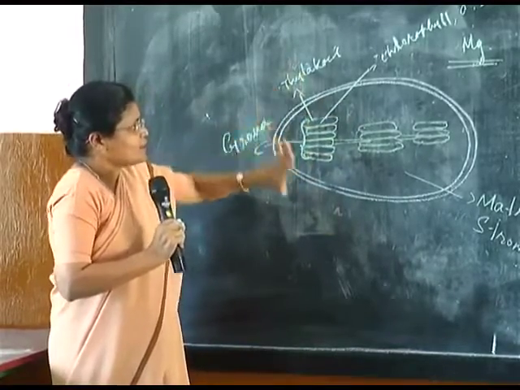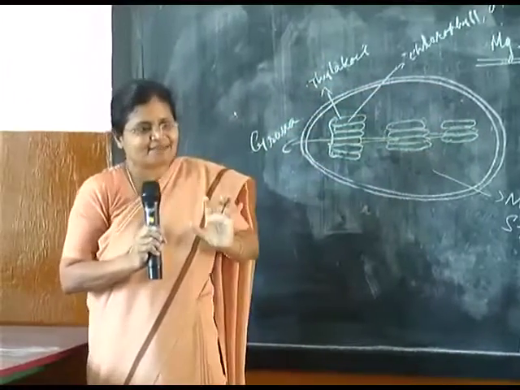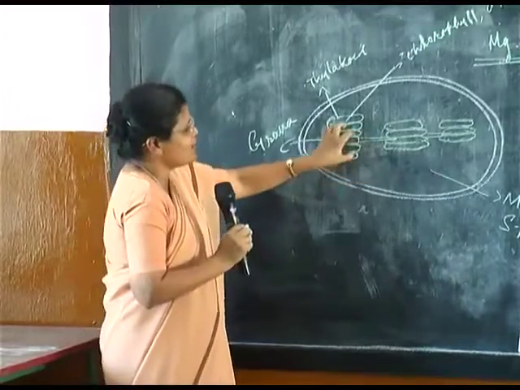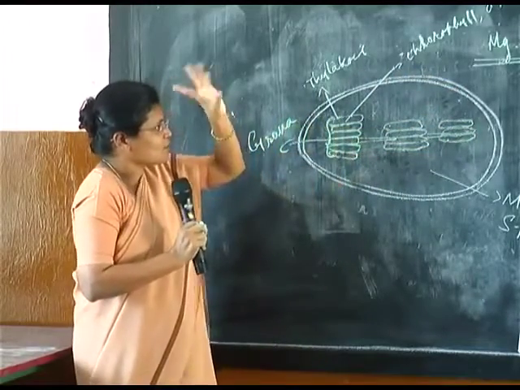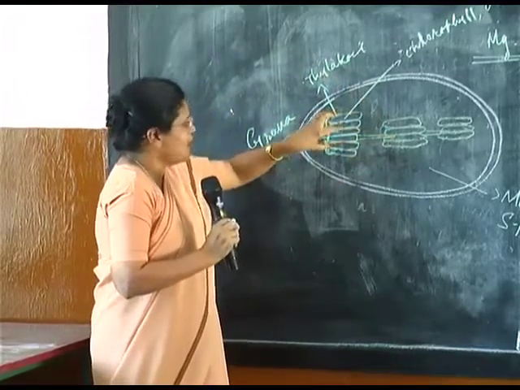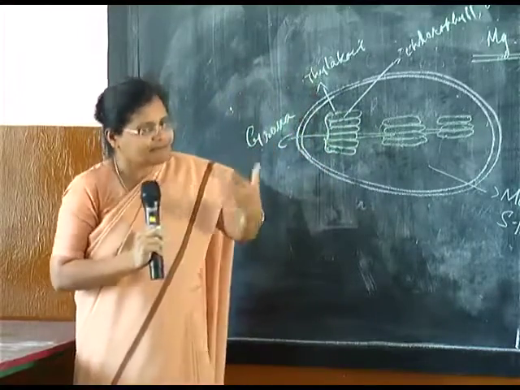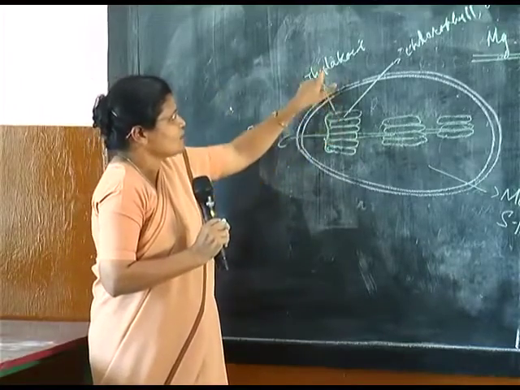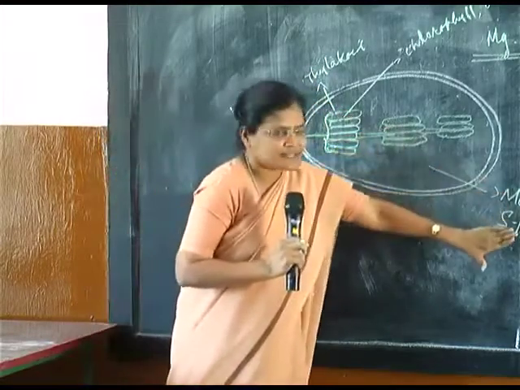I repeat, the chloroplast is enveloped by two membranes. It is enveloped, just like you have a letter inside the envelope. So you have a letter inside, and the envelope covering the letter, just like your stroma and the grana are enveloped by two membranes, and collectively the chloroplast has three parts. The membrane that is enveloping the inside part, then you have the grana, that is the coins collectively, it may be 10, it may be 12, it may be 15, it differs from species to species, and each one is called a thylakoid. Inside you have the chlorophyll present, and the empty space is called matrix or stroma.